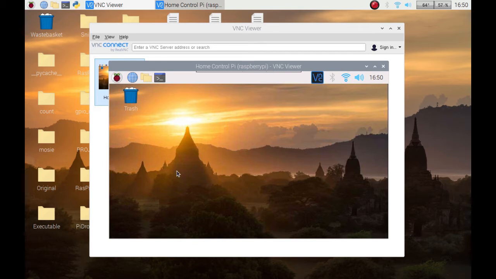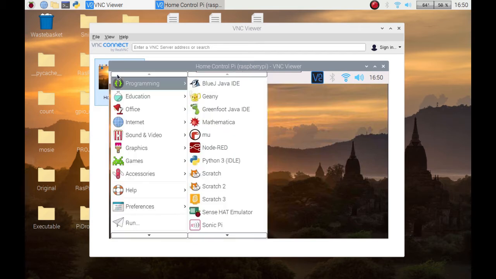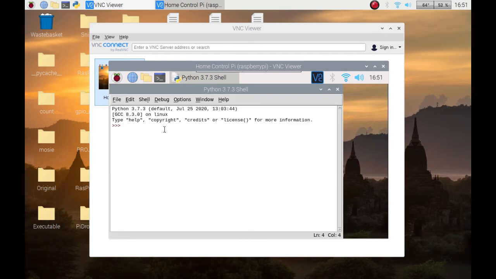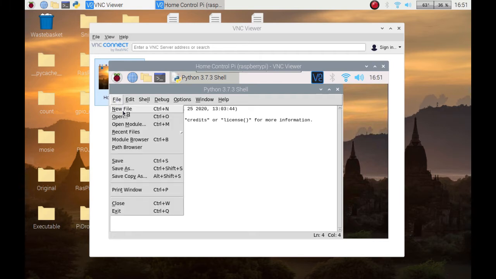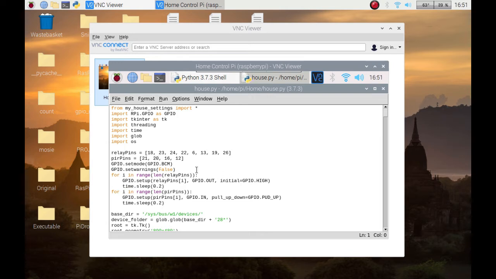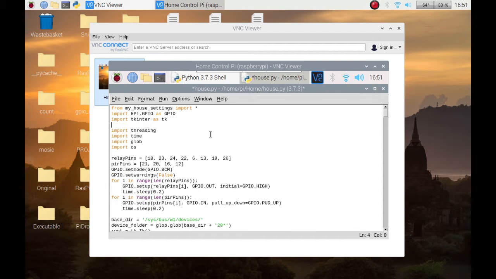Never mind. Anyhow, let's bring up a Python shell so we can do all the programming in the Python IDLE that I'm used to, rather than doing it via SSH in a terminal window. So I need to bring up the house, make it full screen, and there we go. Awesome, got control. What I'm going to do is import, first of all,